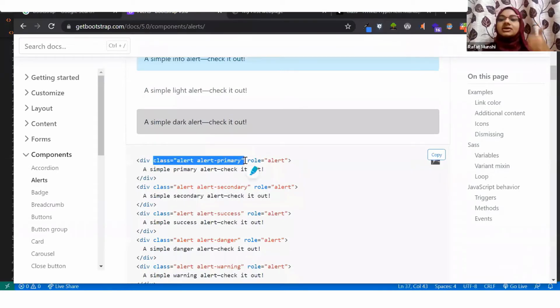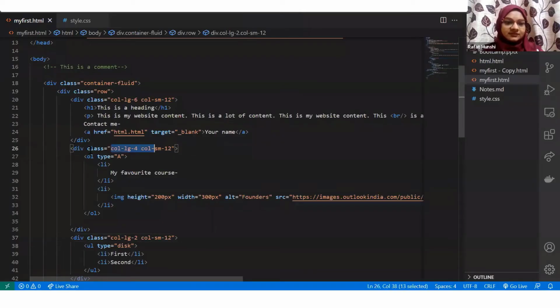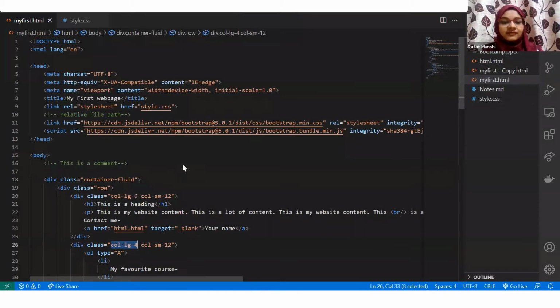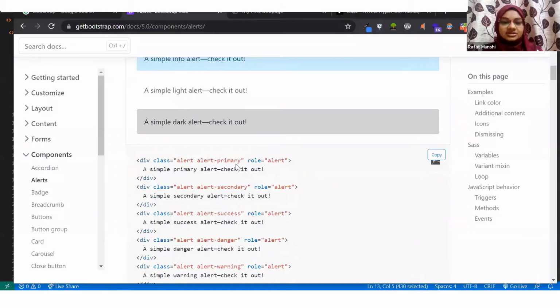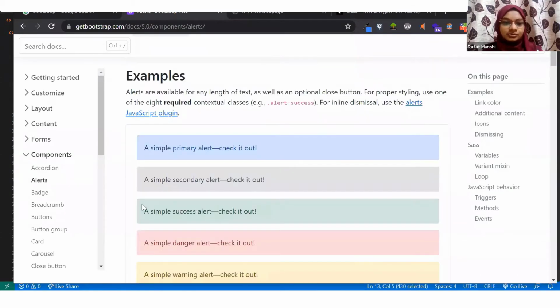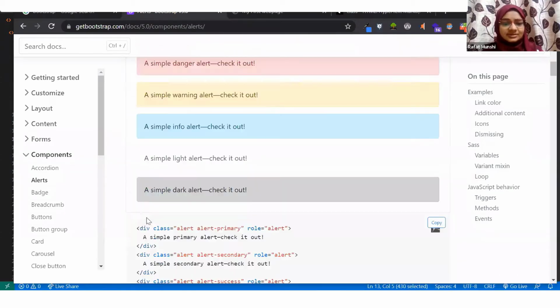So what you did, first thing is include Bootstrap in your web page. Second thing is go to the Bootstrap documentation, check how you would use the code of Bootstrap and use the classes defined by Bootstrap in your web page. Third thing, just put those classes in the relevant elements and you will be good to use it. I put my relevant classes within the div class, and this class I did not have to define. It is already defined in Bootstrap, which I have included using these lines. Similarly, if you just put class alert and alert-primary, that is going to give you this kind of blue alert box.